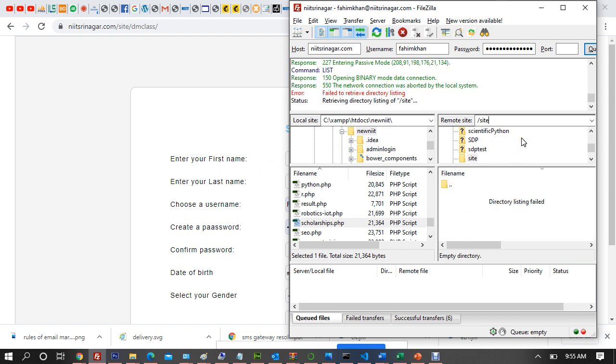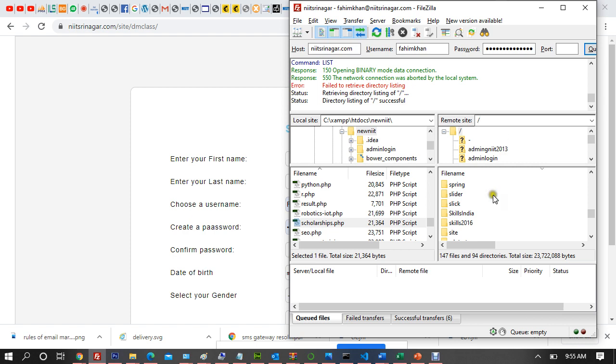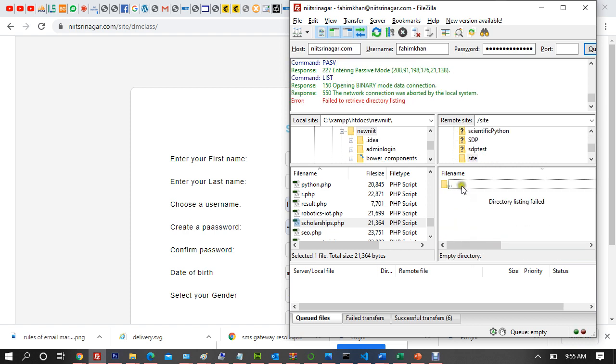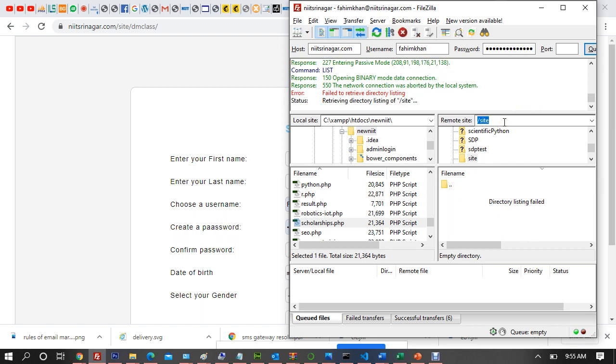Oh, why is it empty? Failed to retrieve the directory listings. I don't know why. Okay, I'll go to the root first, and then I'll go to site. Directory listings failed. I don't know why.